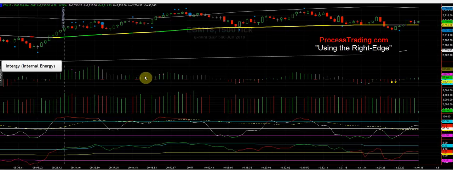So you have that weakness come in, and then you have the internal energy turn green again here, which means demand is starting to come in. And demand did start to come in. As you can see, it went over to here, right here, on this line. And then weakness starts to come in again. So you can just read this like a book. You can tell when there's demand, you can tell when it's weakening, you can tell when there's supply that has come in,